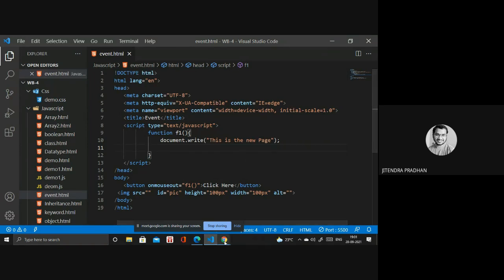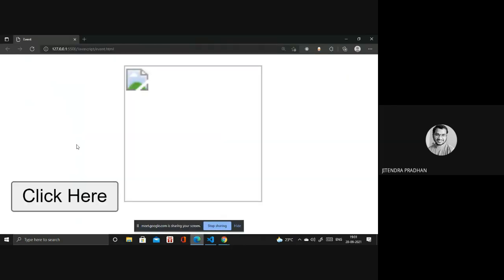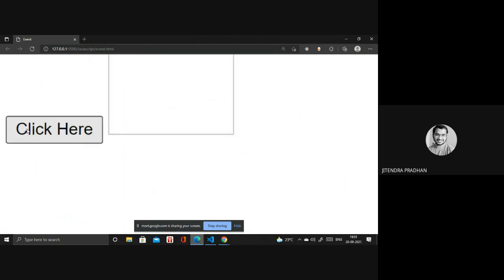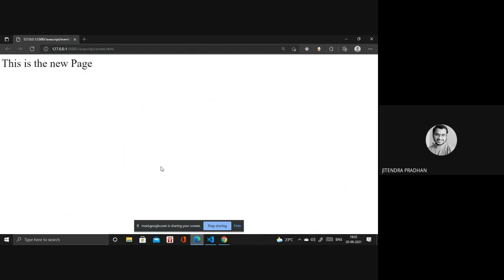When I mouse out of that particular button, it will show that. Wait, I will give you an example. Now the mouse is over that button but it's not showing anything. When I mouse out of the box, it shows this is the new page.